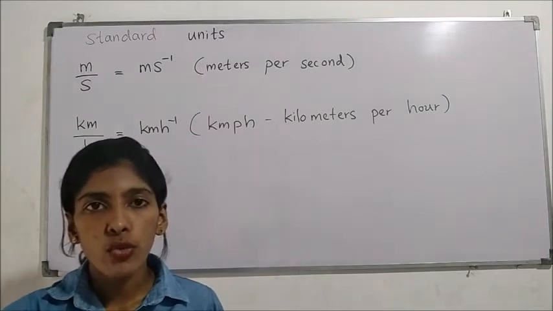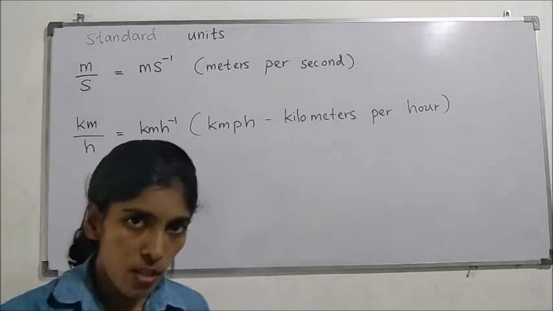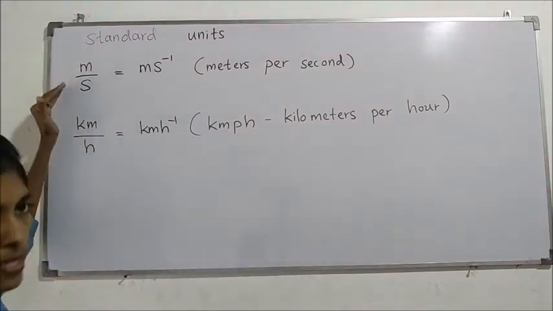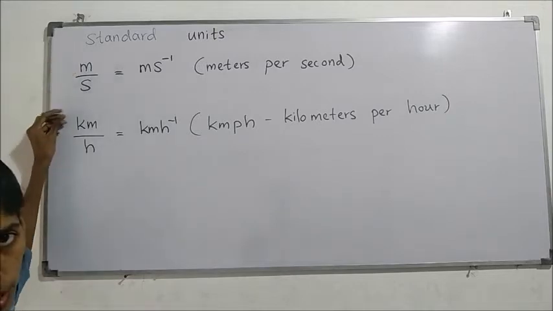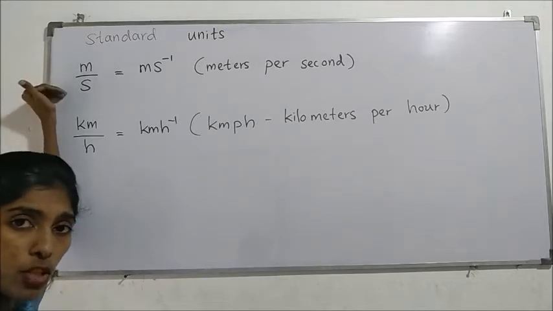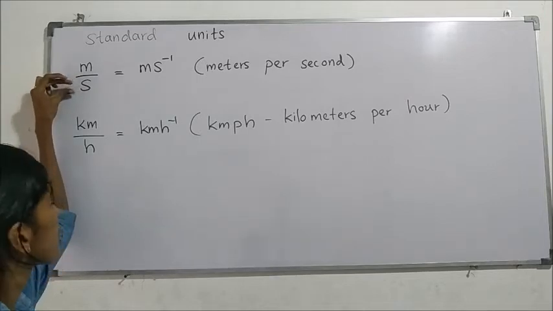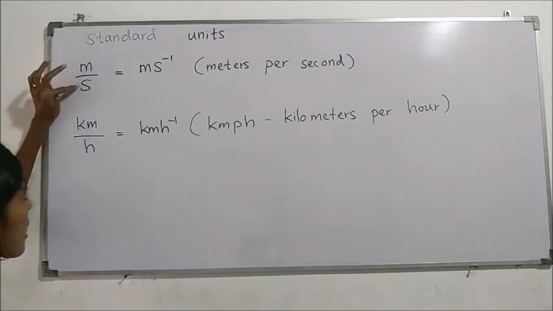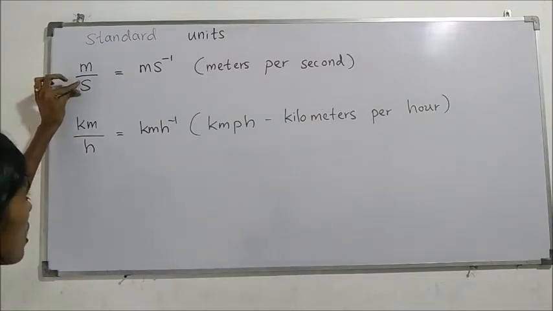Now we will learn about the units that we use to measure speed. We know that to find the speed we need to divide the distance by the time. Usually the distance should be measured in meters or kilometers. If you are mentioning the distance in meters, the time should be measured in seconds. So distance in meters and time in seconds. When we divide, we know that this unit can be taken up.